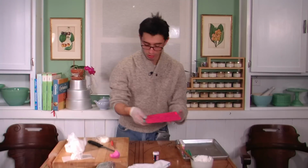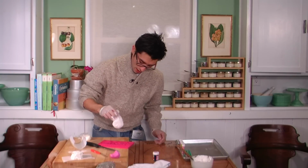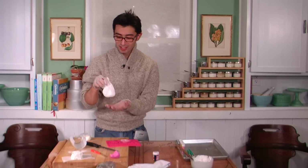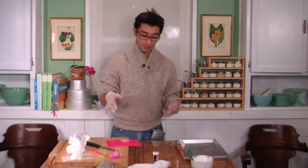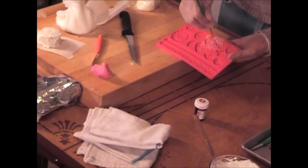But go ahead and take your little mold, and what I'm going to be doing is using the little hearts right at the top, the little pair of two. Just go ahead and dust it with a little bit of cornstarch and powdered sugar. And this is a sachet, just a little piece of cheesecloth, and inside is a mixture of cornstarch and powdered sugar, about 50-50. And then take a little brush and dust any excess away,